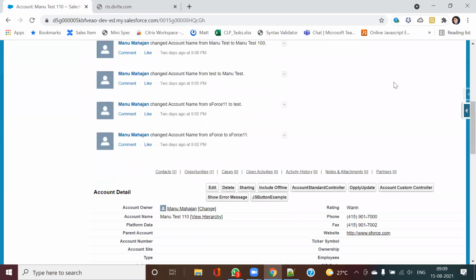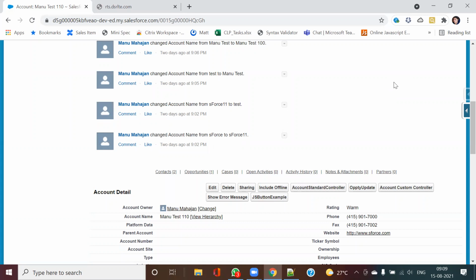Mainly in Visual Force pages you have three things. The first one is your standard controller, then your custom controller, and your controller extension. Now, what is the difference between standard controller and custom controller? The standard controller implements standard Salesforce functionality, and it will run in user mode.